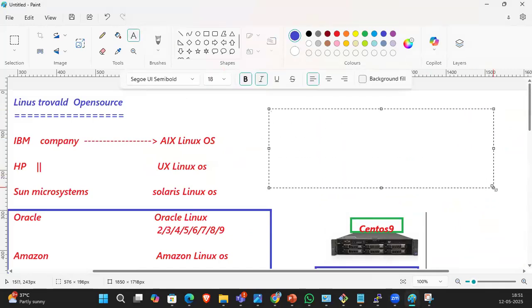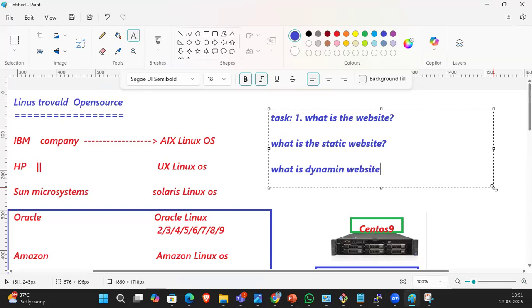Guys, the task is: what is a website? What is a static website, and what is a dynamic website?